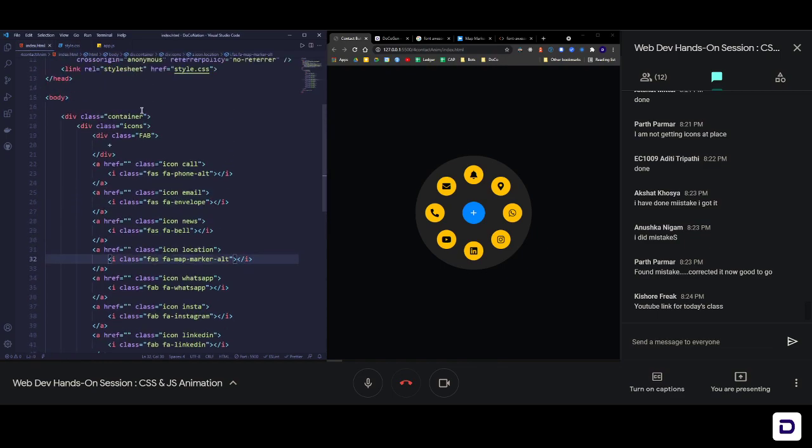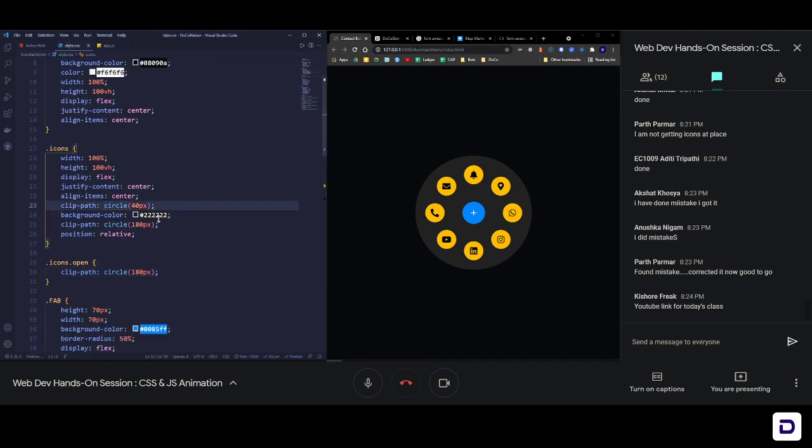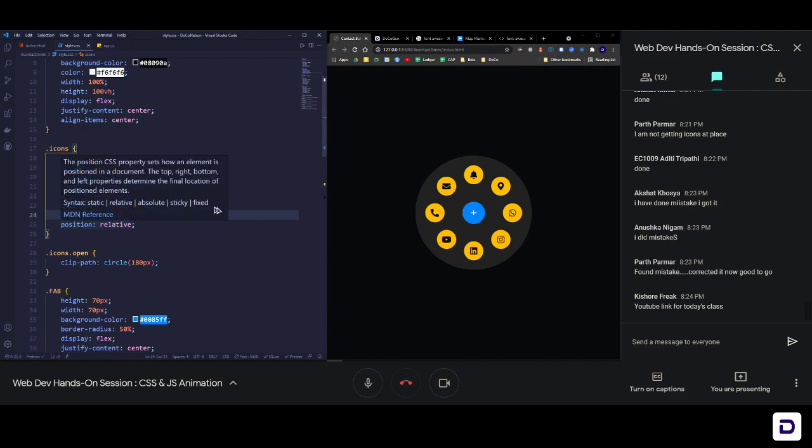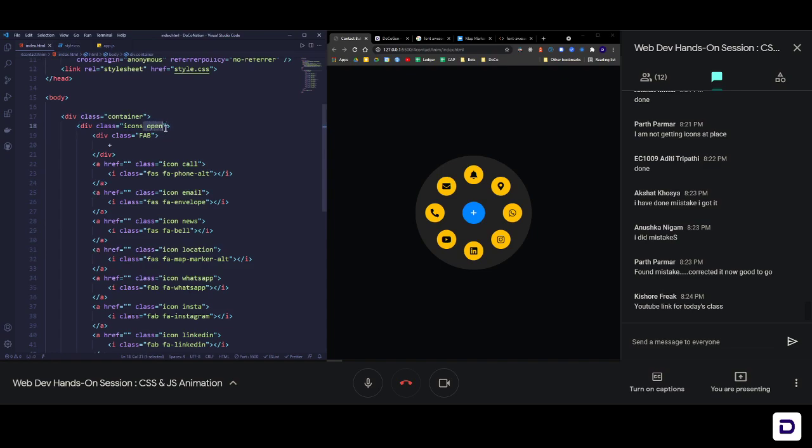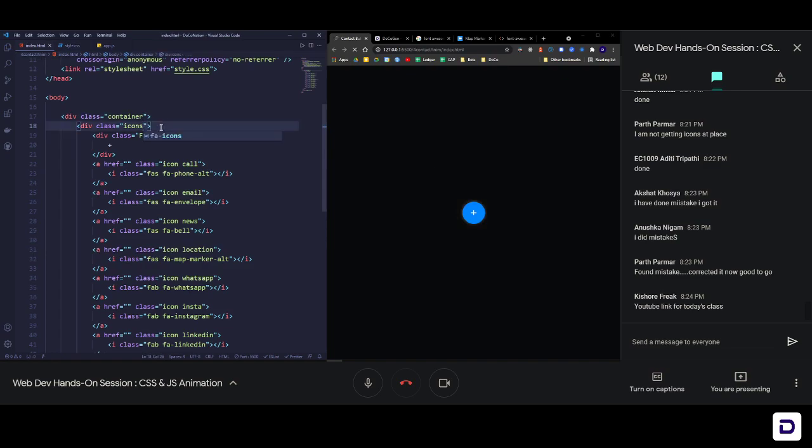And if now I go ahead and add a class of open here, and again in the style.css, let me remove this clip path from here, you will see that it does not make any difference right now. But if I remove this open class from HTML and save it, you can see that everything just collapsed. So basically this is the animation.